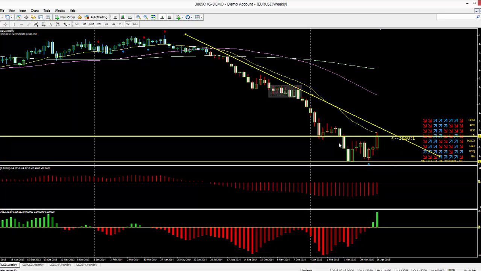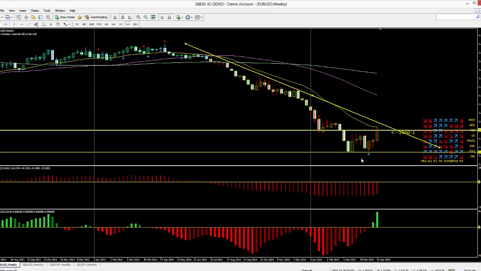So candlesticks are still negative. We do have a blue arrow though, but the candlesticks are still negative, and that still paints a negative bias for euro. We are seeing negative data out of the US market. However, euro, the way things are stacked up in euro at the moment, it's still a lot of uncertainty, and that uncertainty is led by the uncertainty which lies within Greece.